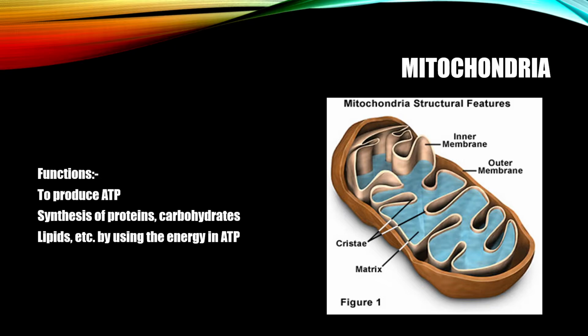Therefore, it can produce its own proteins. With the help of enzymes, mitochondria oxidize carbohydrates and fats in the cell. The energy released in this process is stored in mitochondria in the form of ATP, adenosine triphosphate. Plant cells have fewer mitochondria than animal cells. This point you should remember as a point of differentiation.